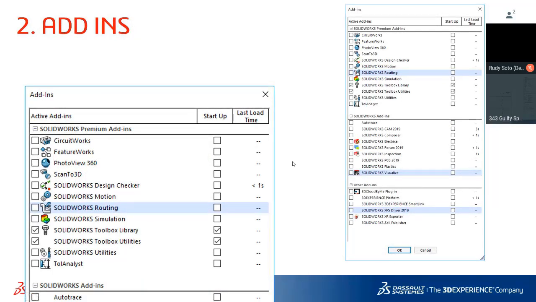Because that's going to make SolidWorks take longer to launch. It might make certain applications take longer to run. Like SolidWorks CAM, if you've got SolidWorks CAM turned on, every time you make a change to your geometry, it might try to update the toolpaths, depending on what you've done to the model so far. And you don't want to have to sit there and wait for that.